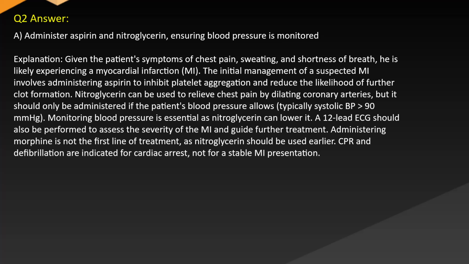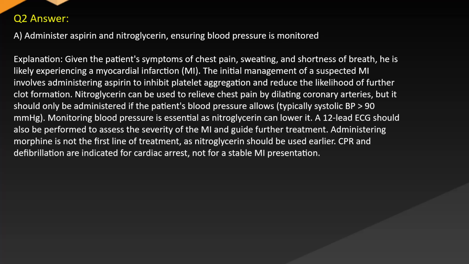Answer A. Administer aspirin and nitroglycerin, ensuring blood pressure is monitored. Explanation. Given the patient's symptoms of chest pain, sweating, and shortness of breath, he is likely experiencing a myocardial infarction. The initial management of a suspected MI involves administering aspirin to inhibit platelet aggregation and reduce the likelihood of further clot formation. Nitroglycerin can be used to relieve chest pain by dilating coronary arteries, but it should only be administered if